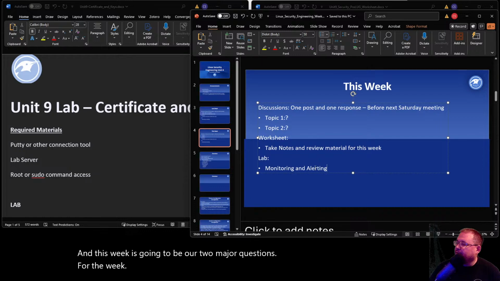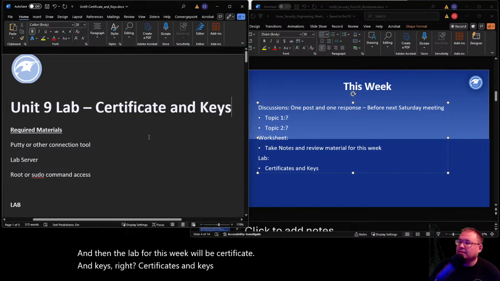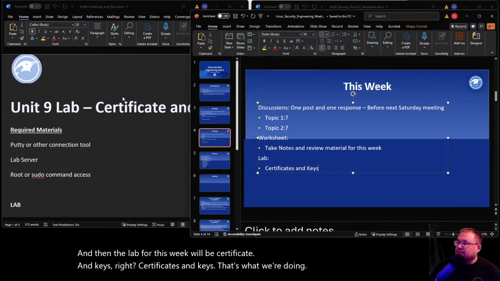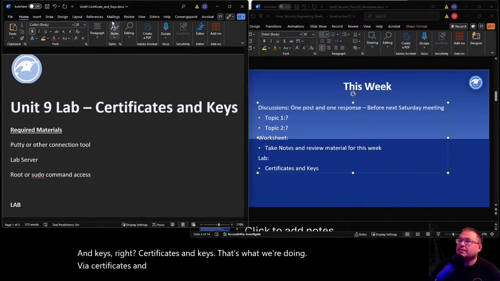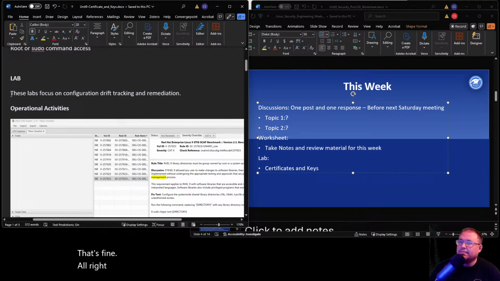And then the lab for this week will be certificates and keys. Right, certificates and keys, that's what we're doing. That's fine. All right, clean up all these labs.